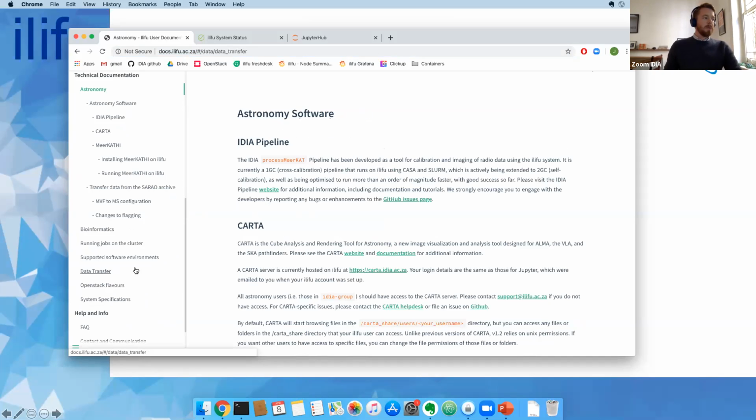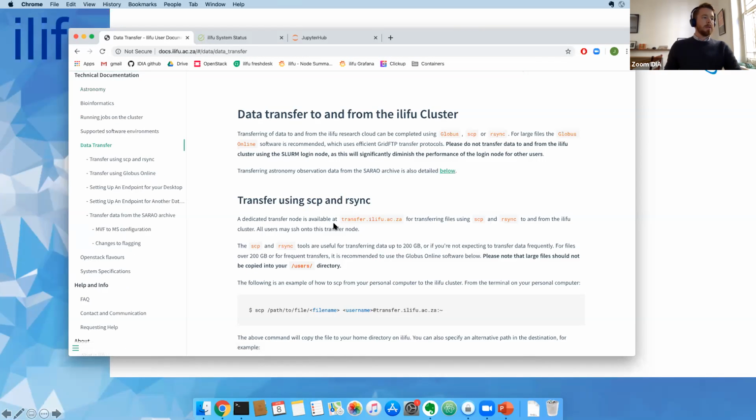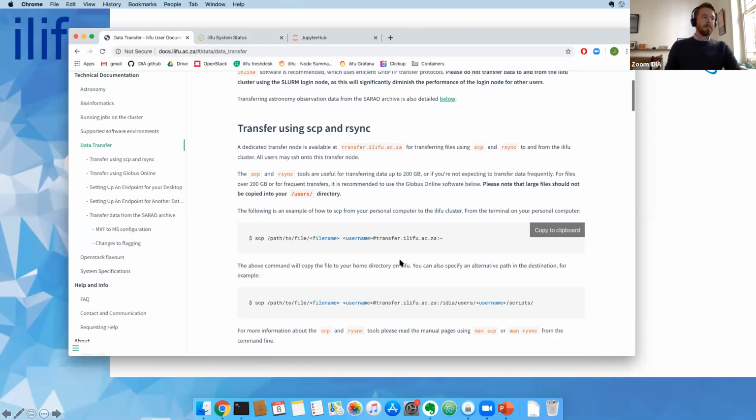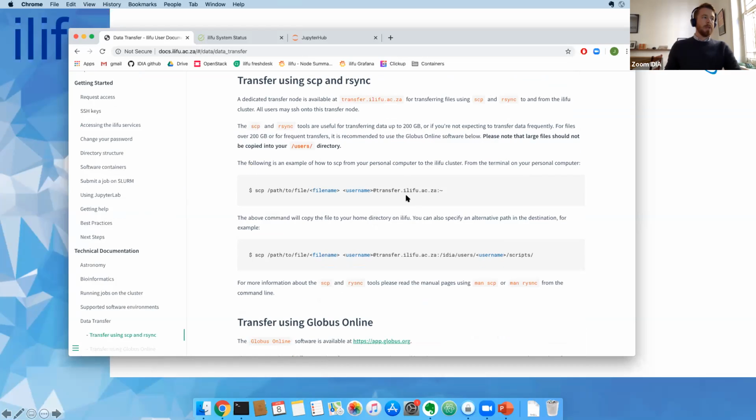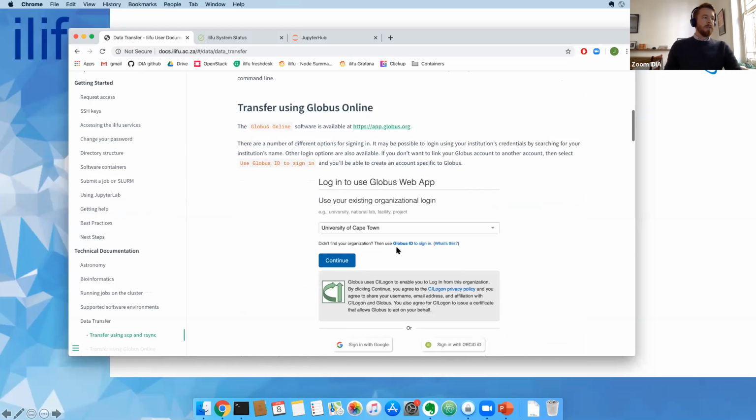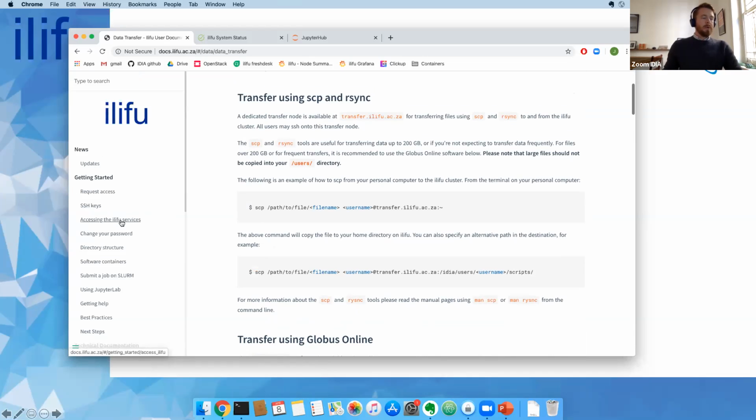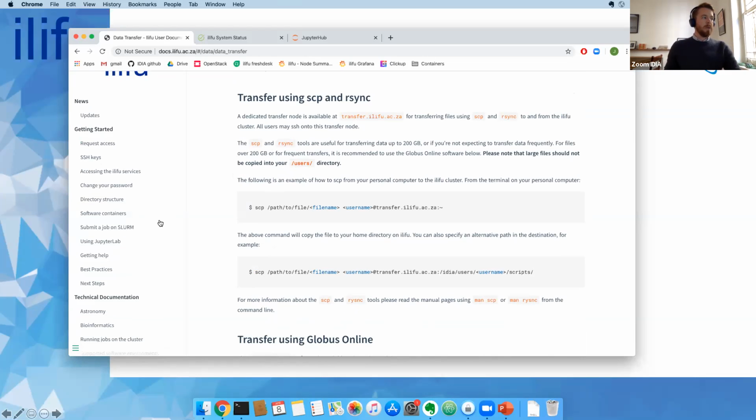There's also topics on how to transfer data to and from the cluster, as well as internally on the cluster. So these are a great reference for users. We do update these documents quite regularly and expand on topics where we see where we haven't covered enough information. So we do suggest that users often refer to the user